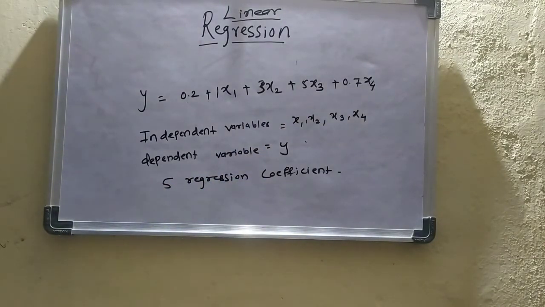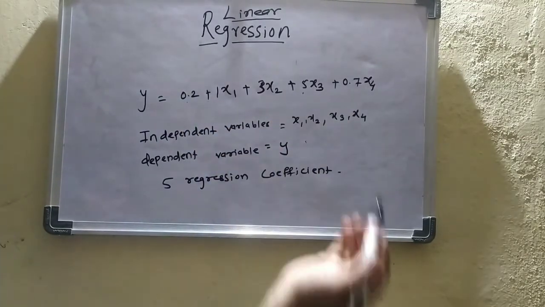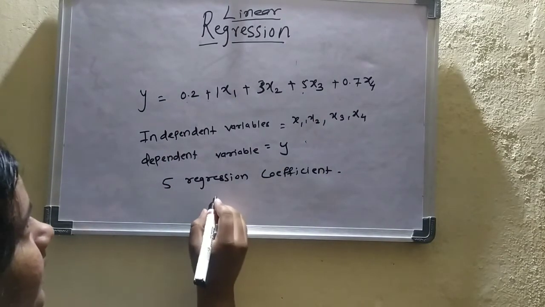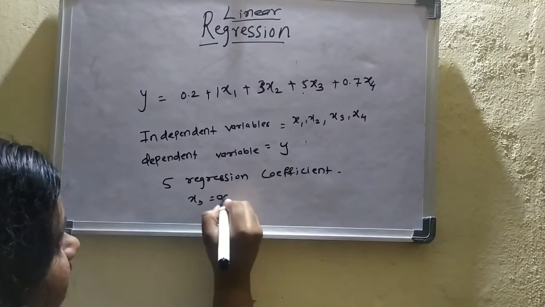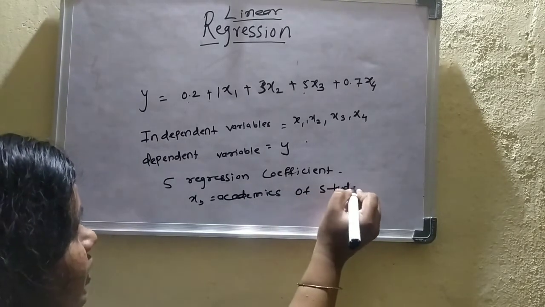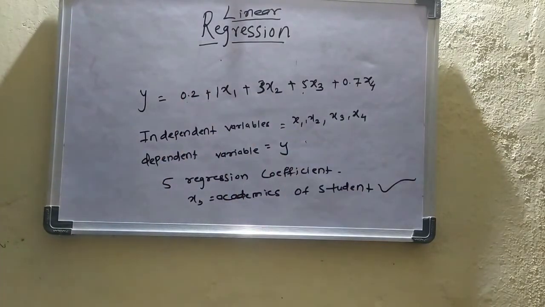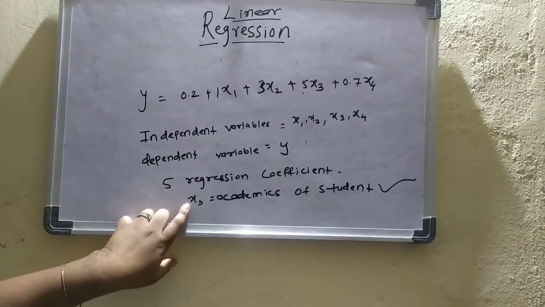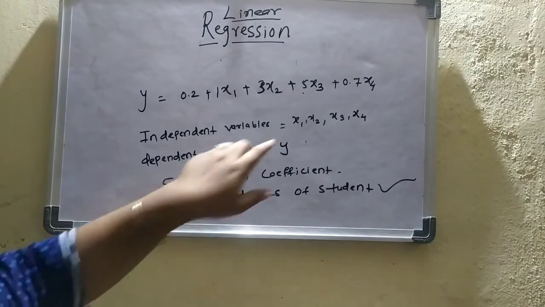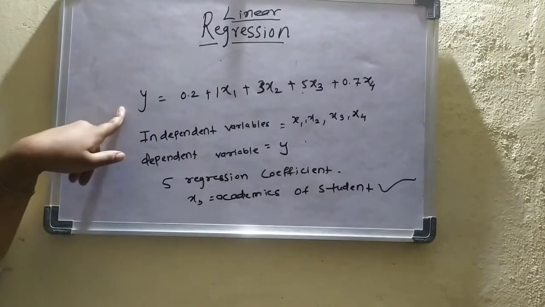So we can see that for alpha 0, 1, 2, 3, for alpha 3 the value is 5. So it is the greater value among all of them. So we have considered x3 as the academics of a specific student. This is the best parameter to find out the regression among all those variables, since alpha 3 is 5, which is greater among all those. So this is the best parameter to find out the regression with respect to y.